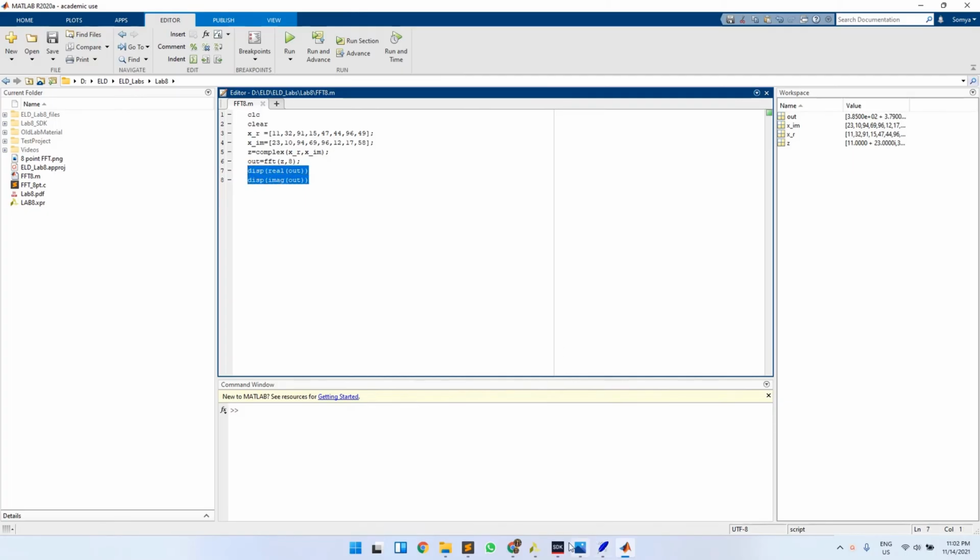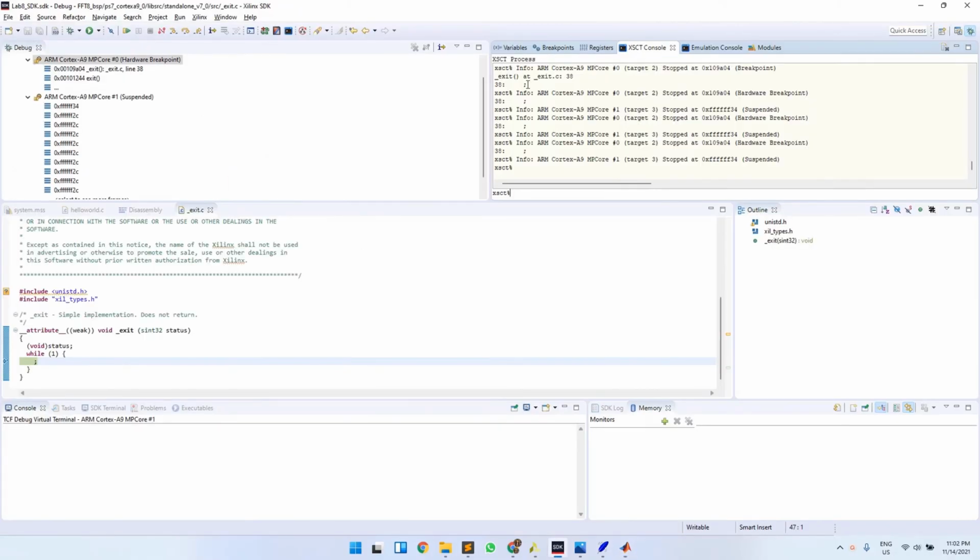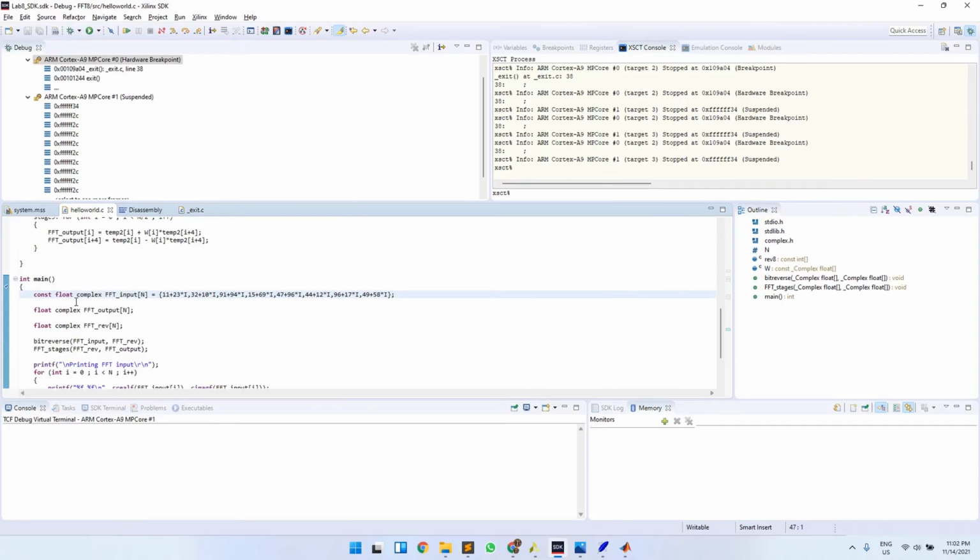It is to be noted that the FFT code that we have implemented here is of float complex data type, that is, it has real and imaginary parts, and both these values can be floating point.